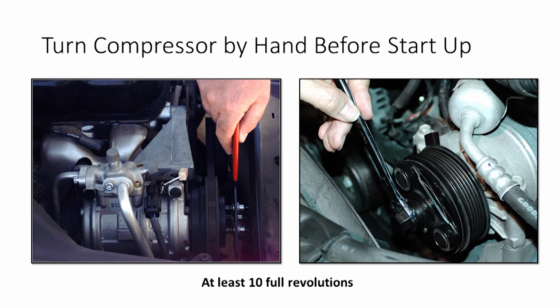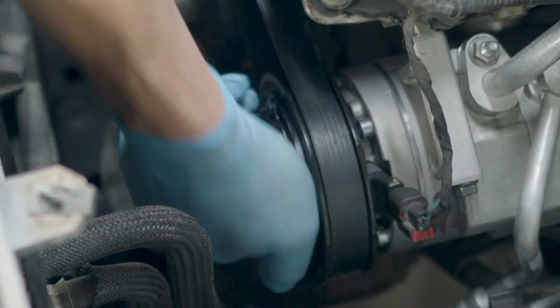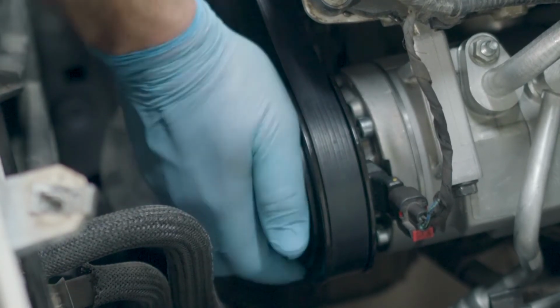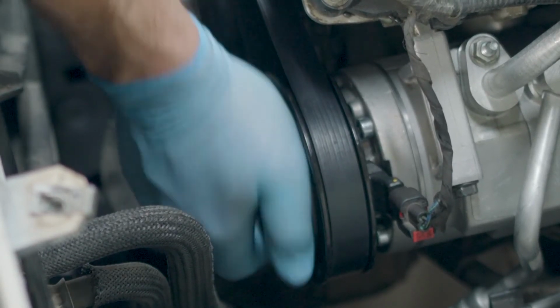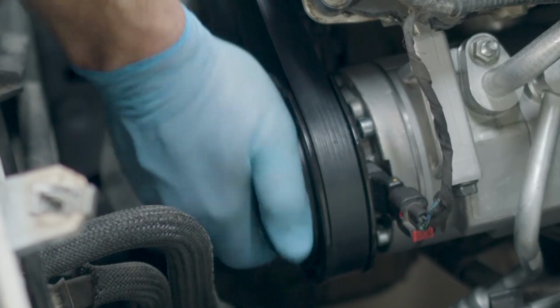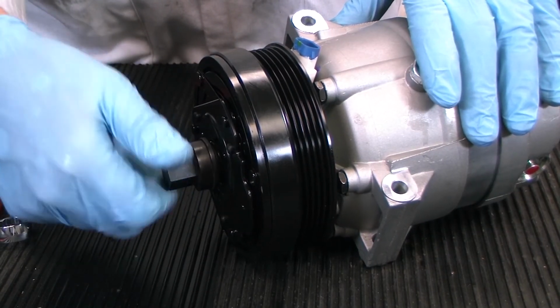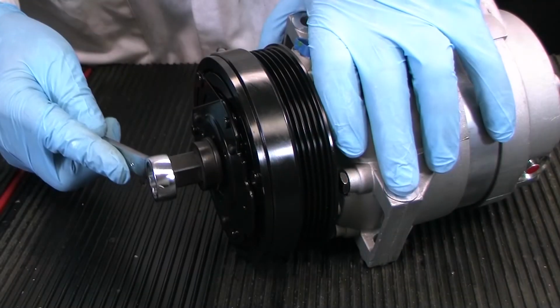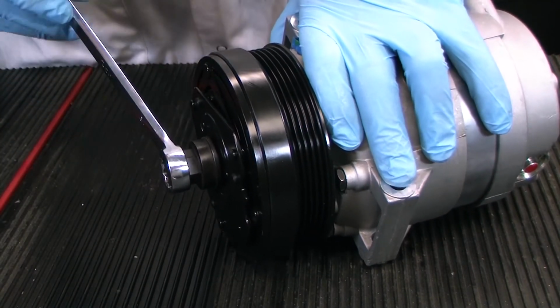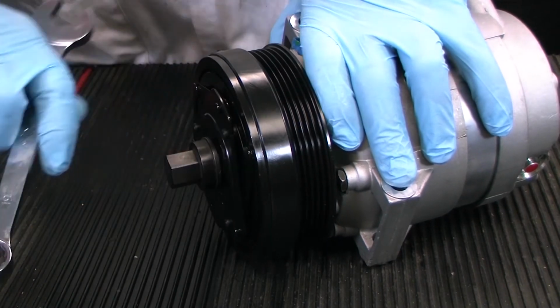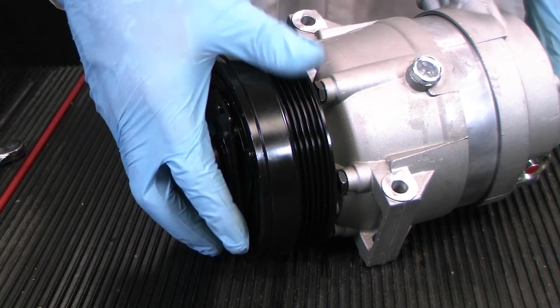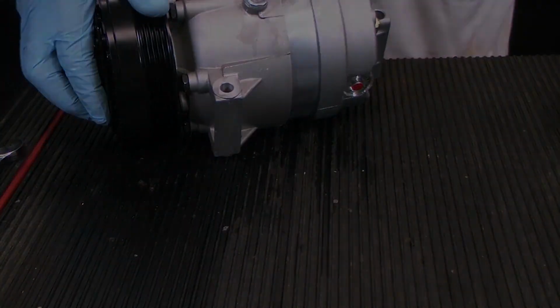Caution! It is absolutely critical that all compressors, regardless of the type or system design, should be turned through at least 10 complete revolutions by hand after the lines are connected, but before attempting to start the engine. This is necessary to move any excess oil out of the cylinders to avoid catastrophic damage due to slugging on initial startup. Special tools are available to make the compressor easier to turn. Note that a new compressor is often hard to turn. This is because the new piston rings thrusting out against the cylinder walls create significant initial drag.